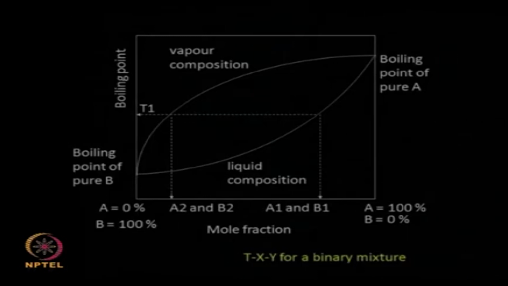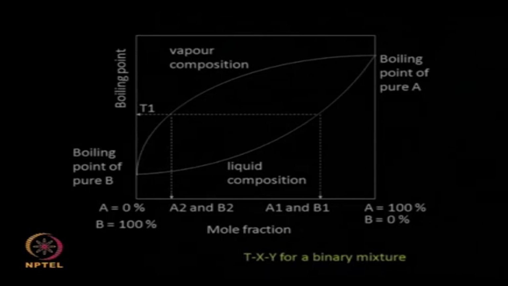Whereas if you have a VLE diagram, it does not bring in any temperature aspect into it, but it just brings in the compositions. Okay. It just brings in the compositions of A and B in the vapor and liquid situation. So as I said, in this particular figure we are saying that the boiling point of A is higher. So A is a heavy material and boiling point of B is lower, so B is a light material. So more B is always found in the vapor, whereas more A is always found in the liquid, okay,